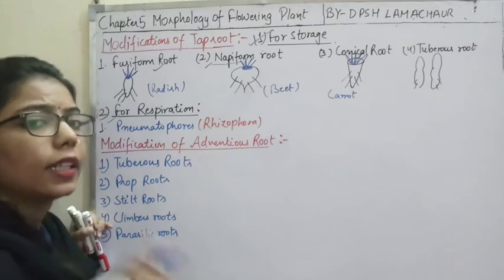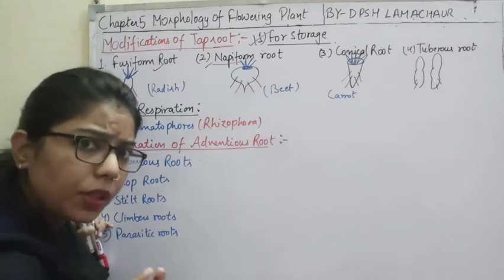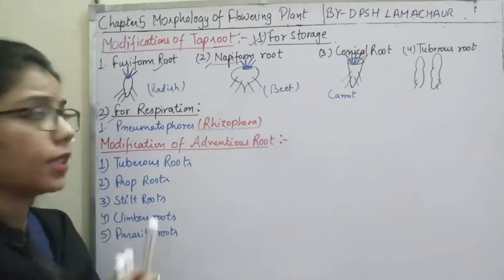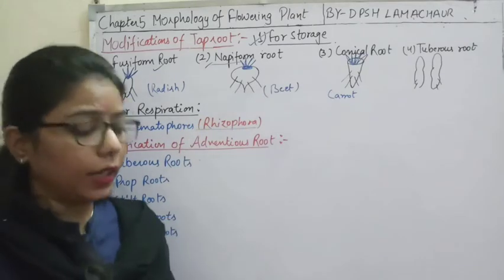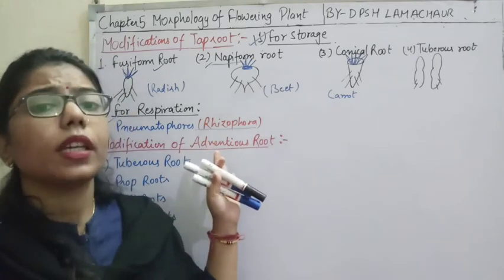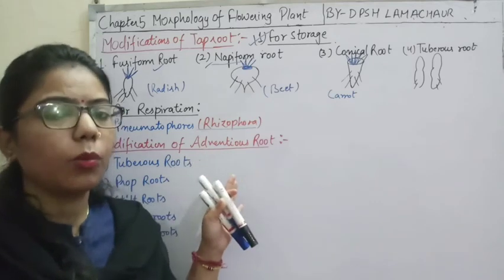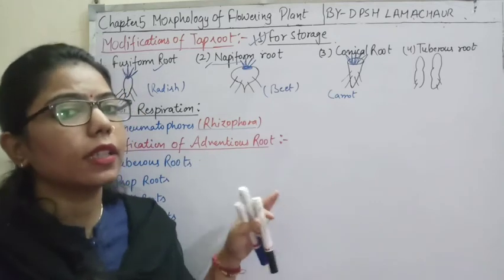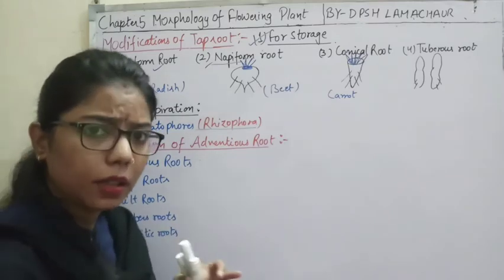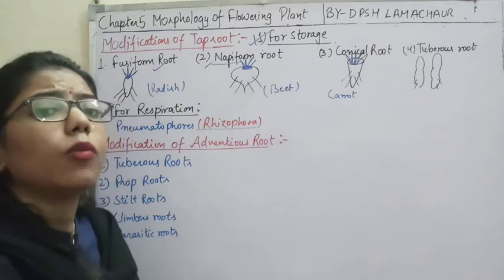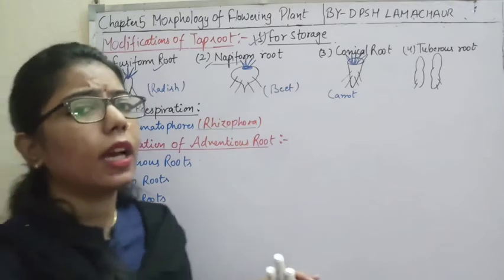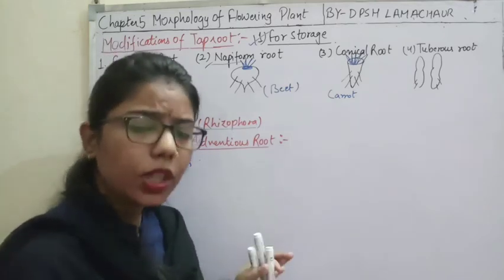As we said, the function of root is what? For the respiration. So how will they respire? For example, it is given in your NCERT, it is very important, the Rhizophora plant. These plants you can see where? In the marshy areas, or we can say in the swampy areas. In these areas everything is muddy, and in this muddy part there is a deficiency of oxygen. So those areas are deficient of oxygen.